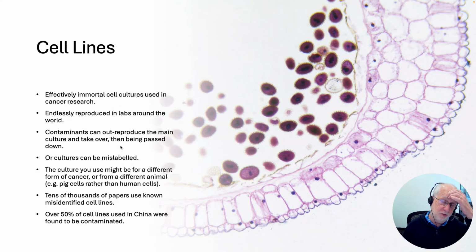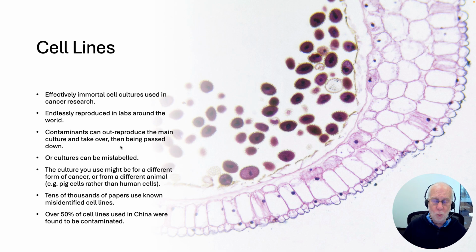Another example of a stuff up is in biology. A lot of biologists use cell lines, particularly in cancer research. Someone might isolate some cells, human cells or animal cells that have a particular cancer, and then they'd let them reproduce, and these can then be used to do experiments on, to analyse ways to deal with the cancer. And these are almost immortal cell lines. The first were created back in the 1950s, and some of them have been propagated ever since.